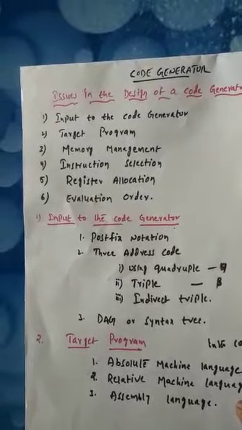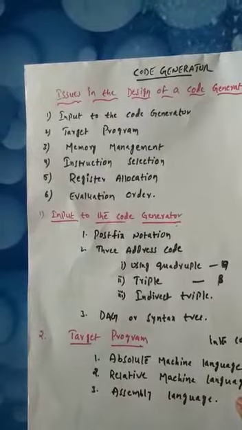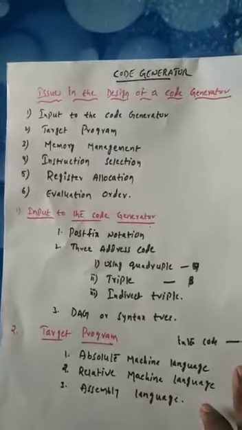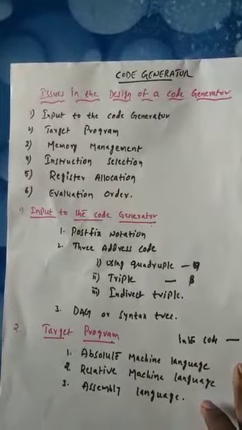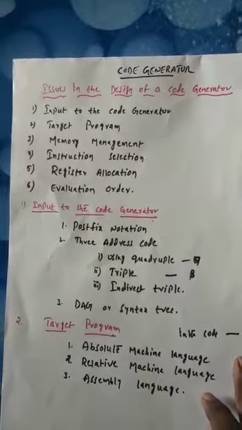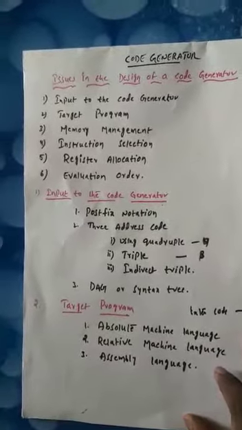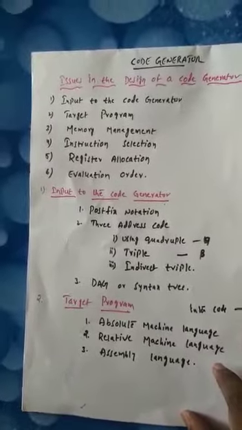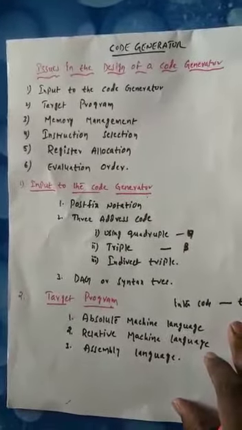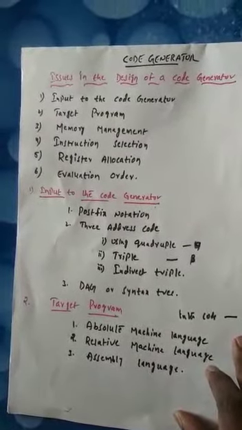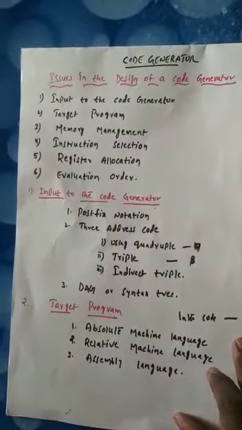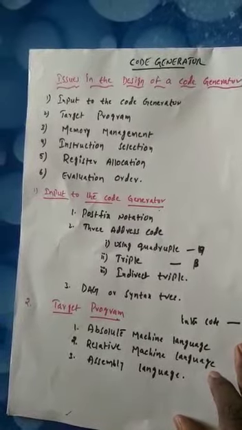So far, we have seen different phases in compiler design: lexical analysis, syntactic analysis, and semantic analysis. Now, one of our topics is intermediate code generation, also called the code generator. If you want to design a code generator, we need to follow some rules. Those rules can be called design issues.